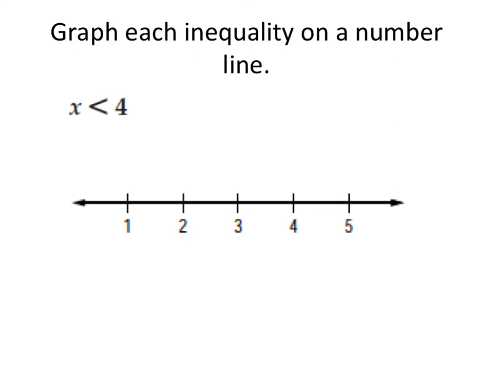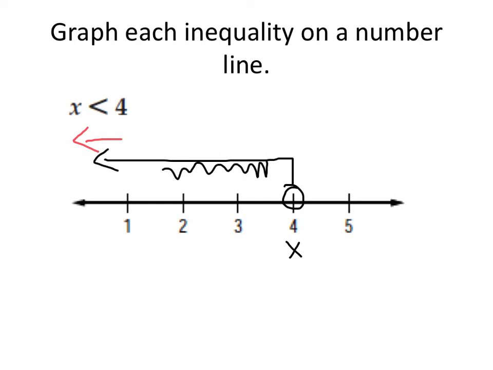Alright, we have x is less than 4. I identify where the 4 is. I have a less than sign, but not an equal. So my answer starts at 4, but doesn't include 4. And notice that the inequality sign helps me with this little arrow here to the left. So all my answers start at 4, but are less than 4. I'm going to go ahead and shade this. It tells everyone that all these answers to infinity